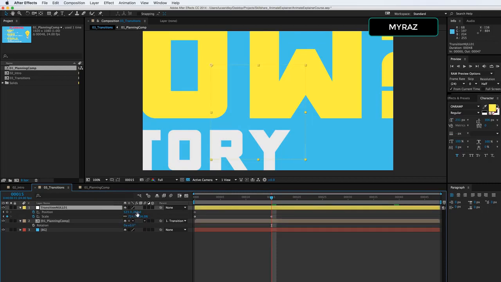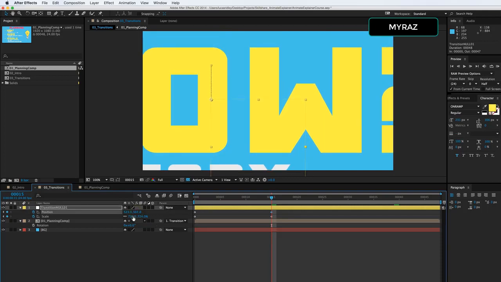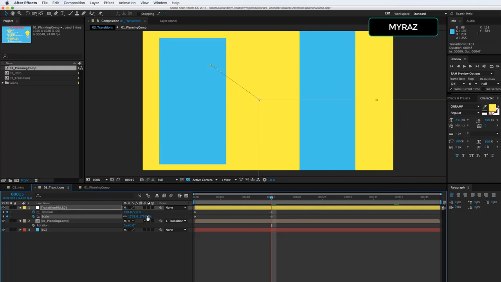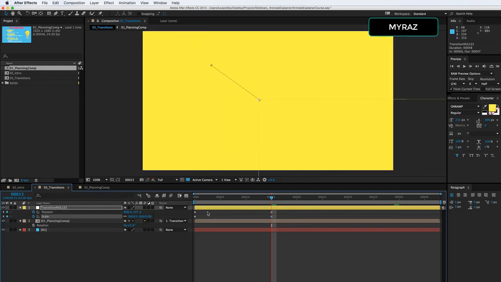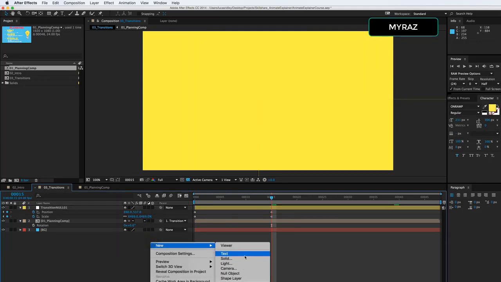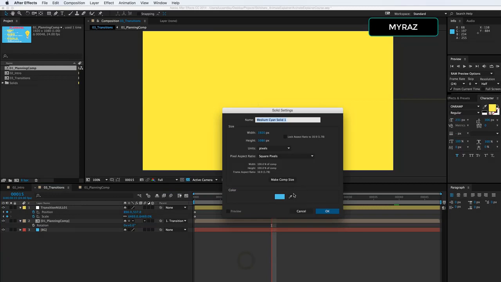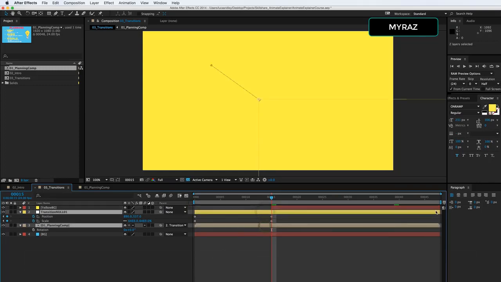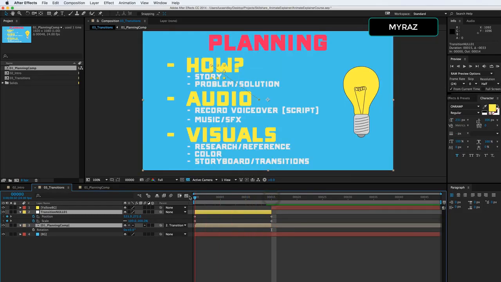Now that we're scaling up, let's move it down kind of into the center as well as we zoom into it. So now that we zoom in, here we go. Now we got an all yellow background. And so now we can create a new solid background that is yellow. And we'll say yellow background. And to start and end, we can click and drag right here. So we'll swap it over one frame. The transition will happen right here in this frame. So once we get to that point,